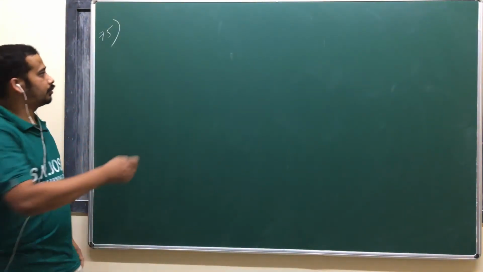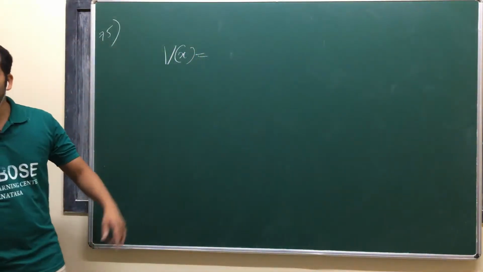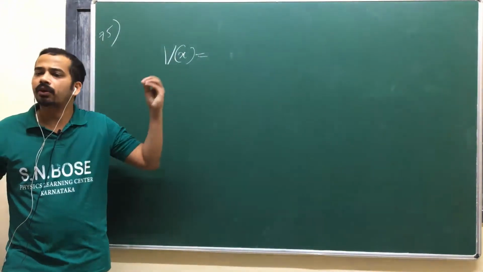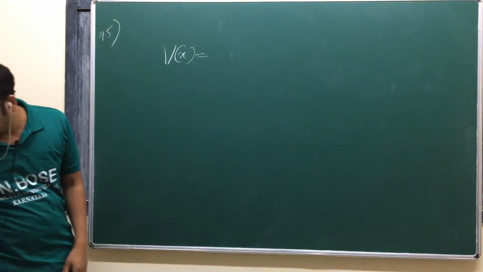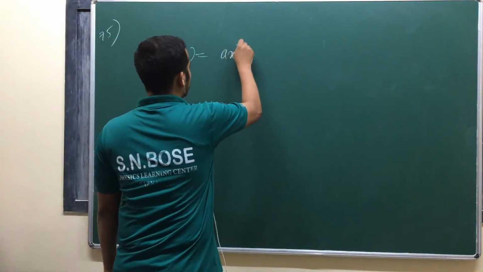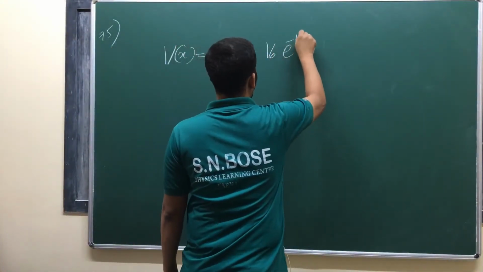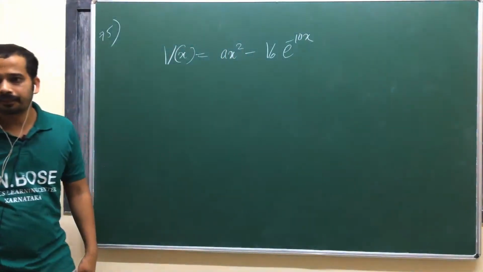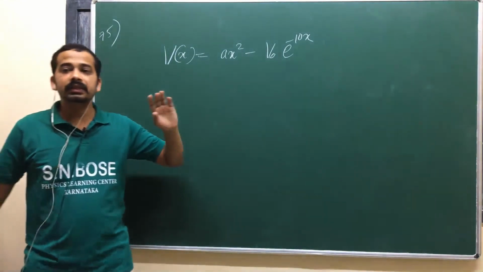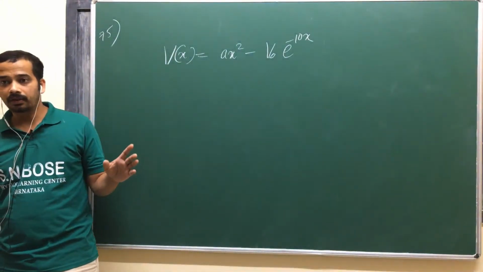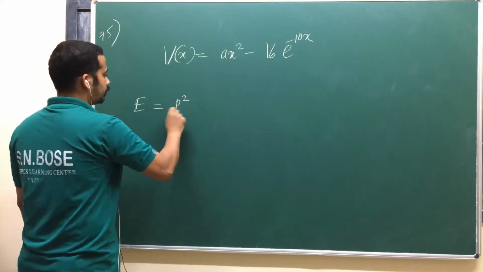In the case of a phase space question, look here. If you know the potential curve, you can guess the phase space trajectory. But in this case, drawing the potential curve is a bit challenging also. In this particular question, potential is equal to a x square minus V naught into e power minus 10x, isn't it? Now, one thing that you know is that this can never be negative. If you write your energy equation, that is equal to p square by 2m.